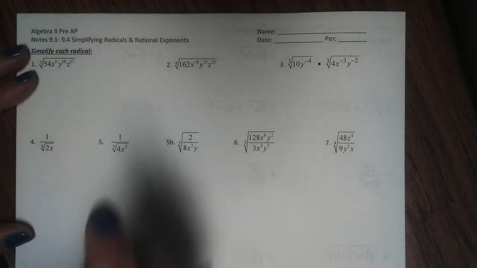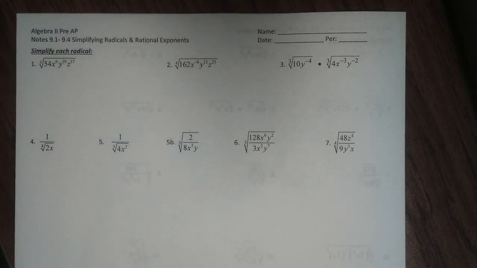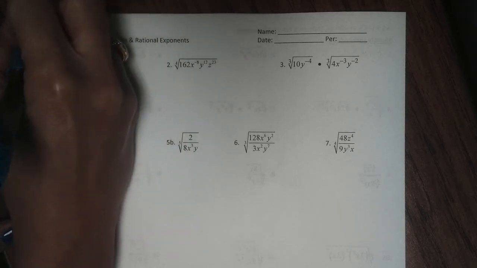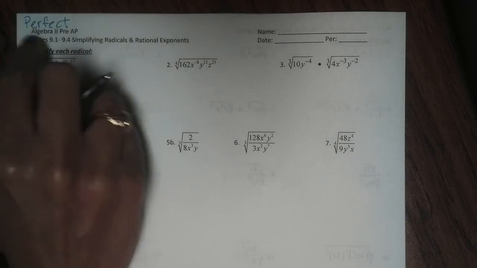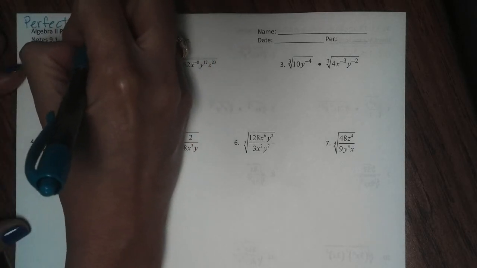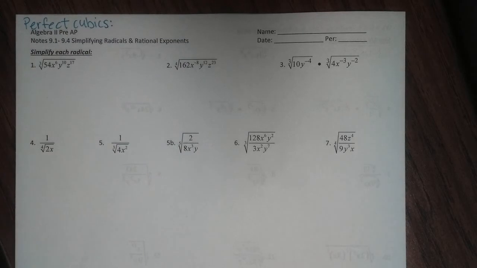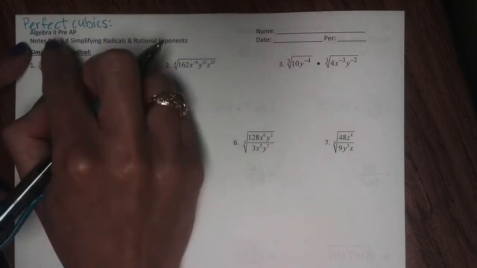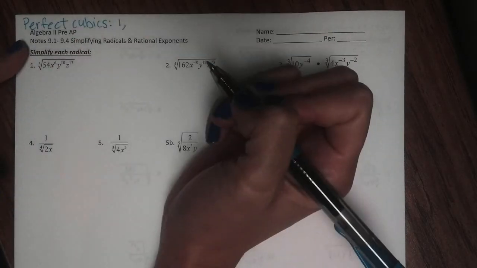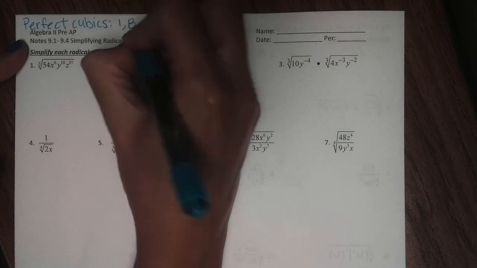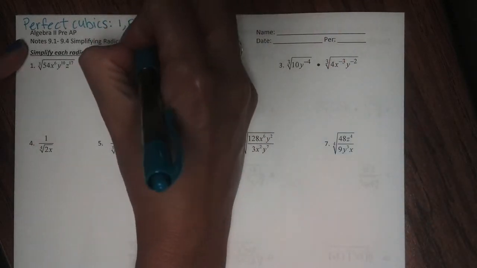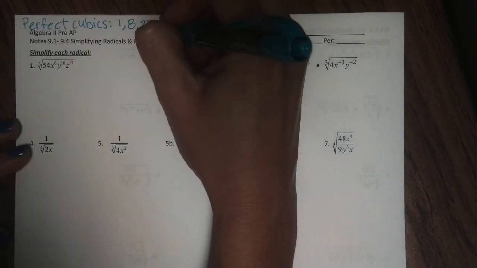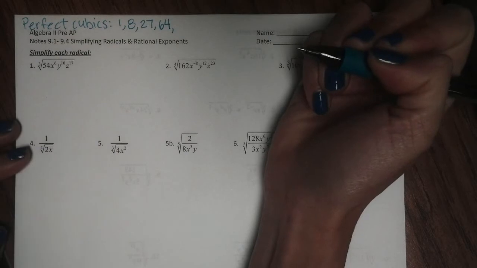You should know the perfect cubics, the perfect quartics, and the perfect quintics to help you simplify the radicals. Let me show you the first, the perfect cubics that you need to know. You need to be able to either memorize them or recognize them or just write them down when you're simplifying these. But the perfect cubics will be 1 because 1 cubed is 1, 8 because 2 raised to the third power is 8, 27 because 3 cubed is 27, 64 because 4 cubed is 64,